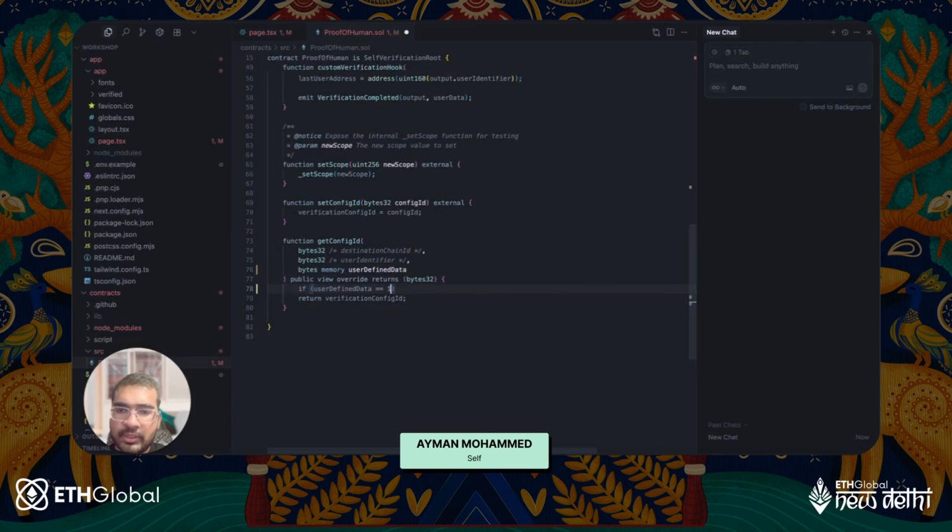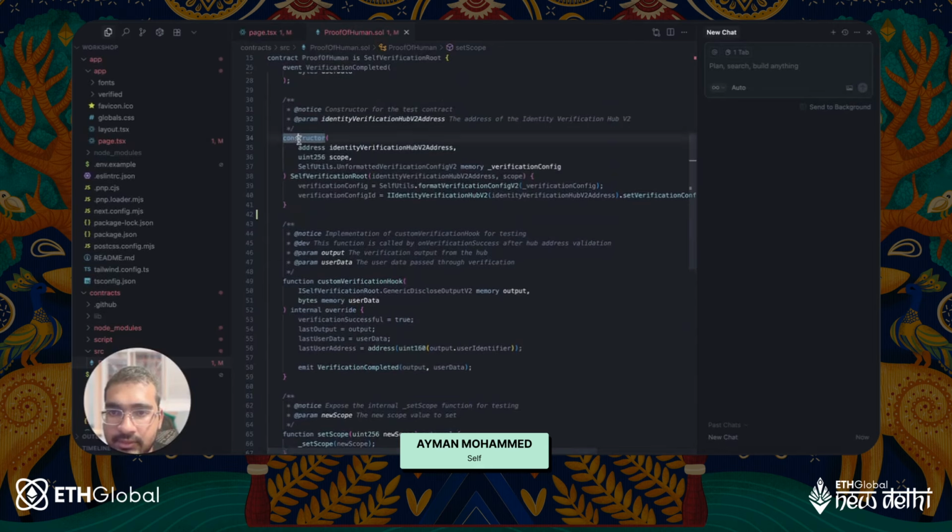That is all you have to do in the contract. So there's the constructor, and there's the custom verification hook that gets called when the proof gets verified, and you basically have the choice to execute some code after some verification, like think of it as a callback. And there's the get config ID function that you can dictate the protocol to do a particular kind of verification based on these constraints. So these constraints, you can see when we create the contract